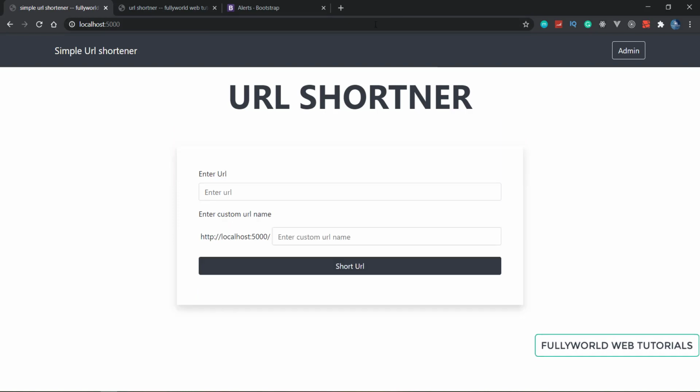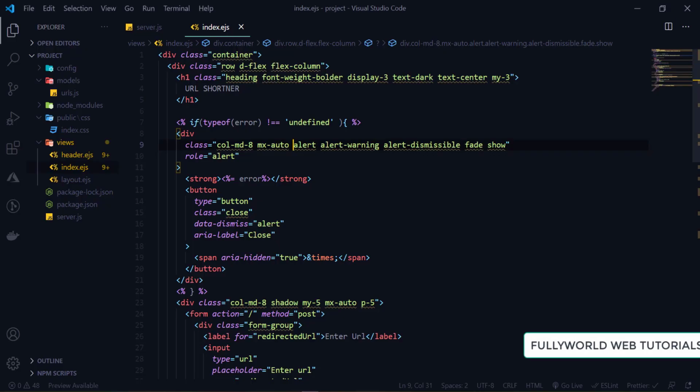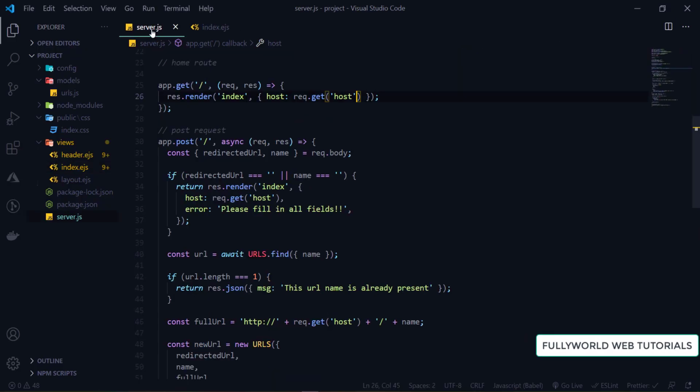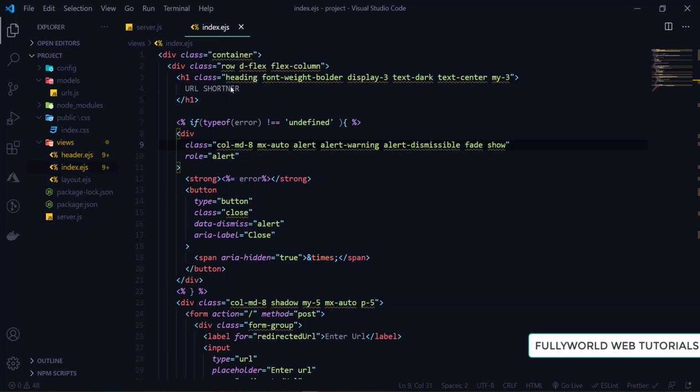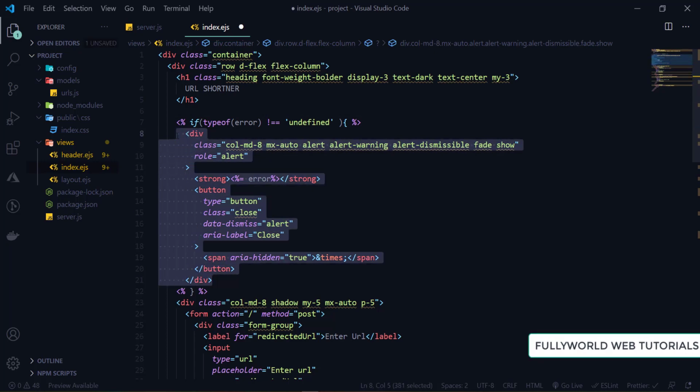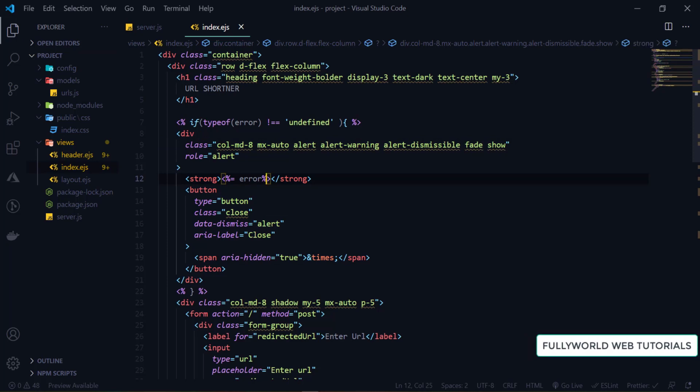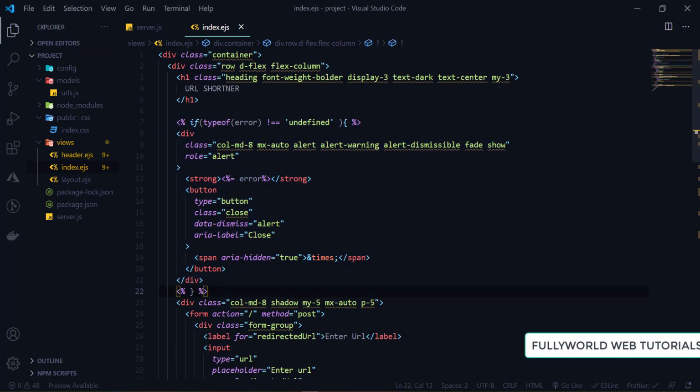This error is coming. So when I refresh this, see that because of typeof error: if the error variable is not present there, then it will be undefined for JavaScript or for the browser here. So we will write if typeof error is not equal to undefined. So if error is present there, then we are going to pass this. Save it. It is the same as PHP, but we can use JavaScript like PHP here.